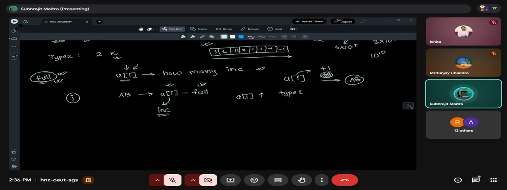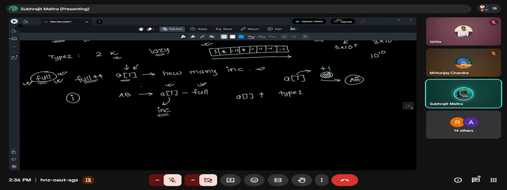So rather than decrementing it instantly, let me store it in a variable by doing full plus plus. That means once I know that I have decremented the entire array, I will not do it physically, I'll just store it somewhere. This concept is known as lazy updation.